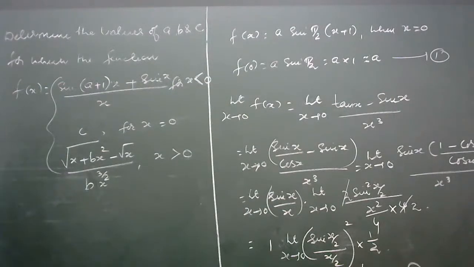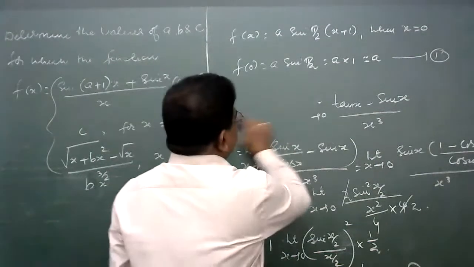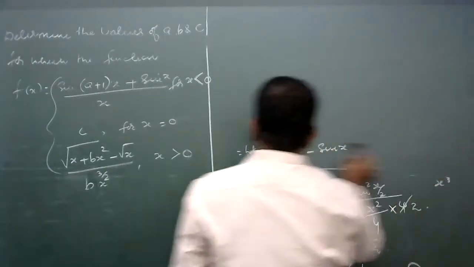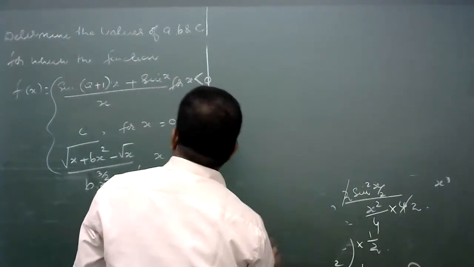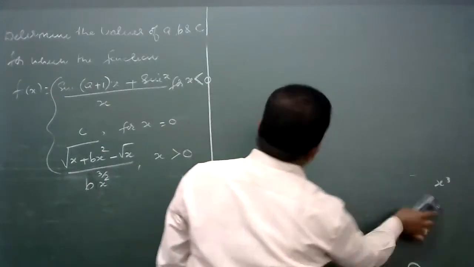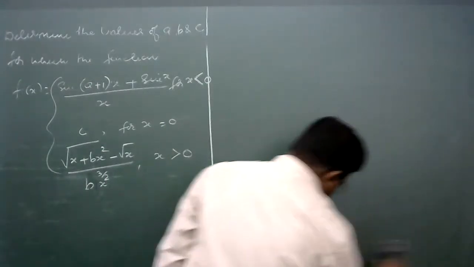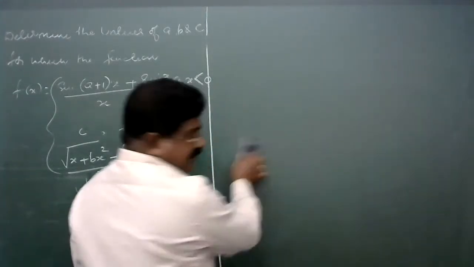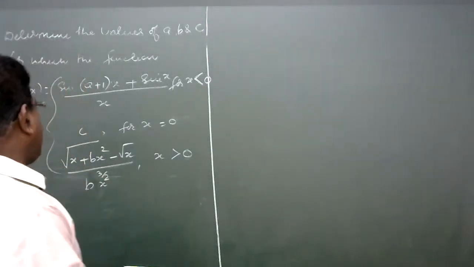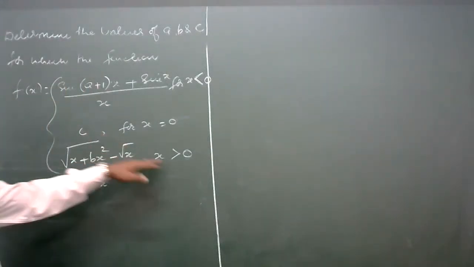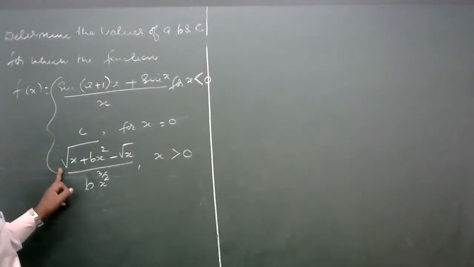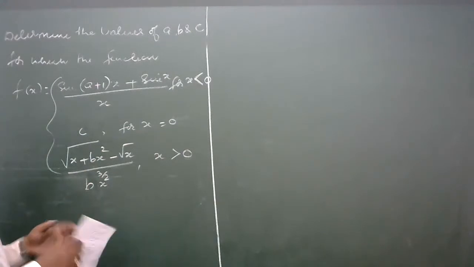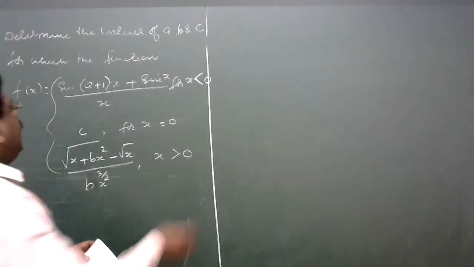It is given the function is continuous at the particular point x is equal to 0. When x is less than 0, the function is defined as sin of (A plus 1)x plus sin x, the whole upon x. And when x is 0, the value of the function is C, a constant. Now when x is greater than 0, the value of the function is root of x plus bx squared minus root x, the whole upon b x to the power 3 by 2. Okay, now let us take the